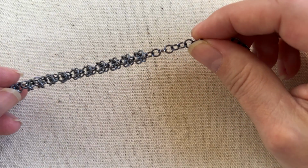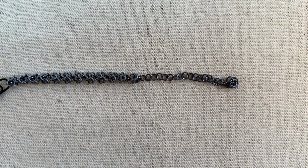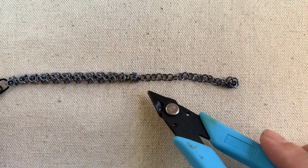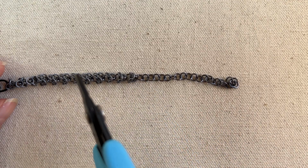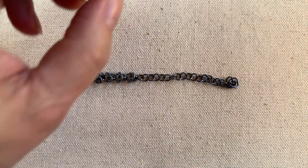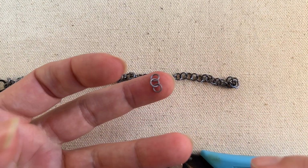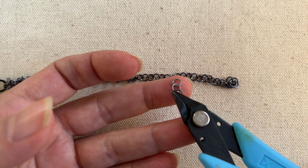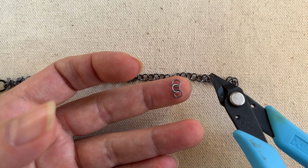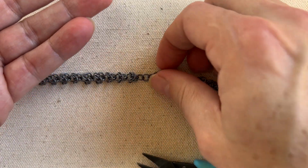Now this stuff is going to twist around, so just make sure you're looking at the previous row that you did and making sure that that back one would be down and to the right. And then that way we can continue to keep adding these rows the same way we have been. So you can see that the center of the 3 rings is down and to the right. And